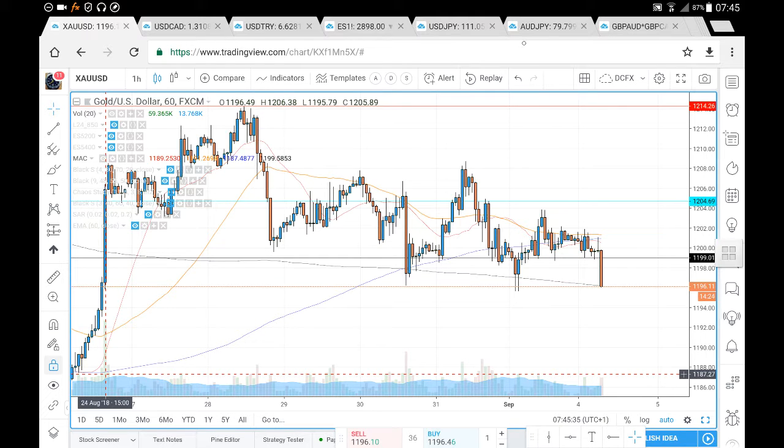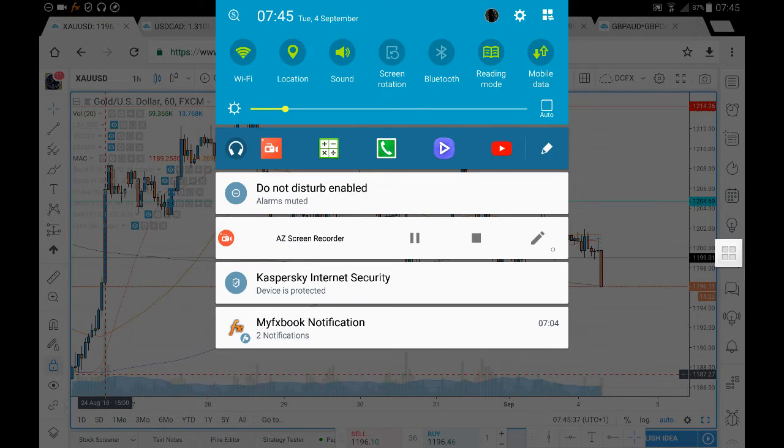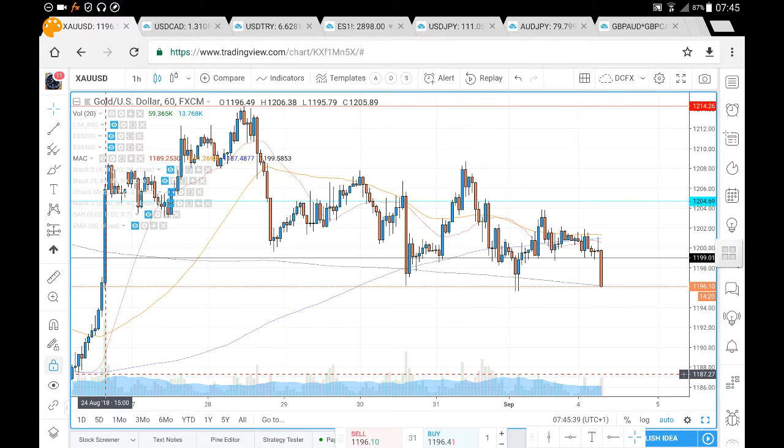So this is XAUUSD analysis for Tuesday the 4th of September. Now let's just have a look at prices and where prices may likely go. So previously we've had prices break above the 1204.69. We weren't able to hold the 1204.69 for continuation towards the